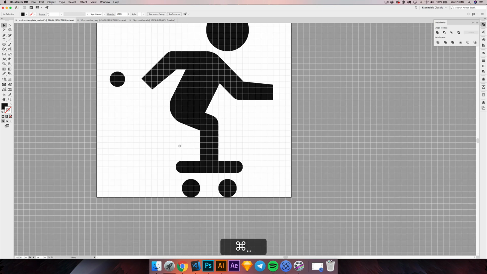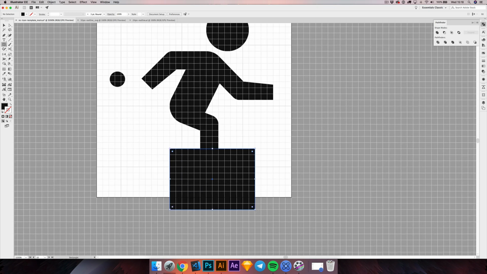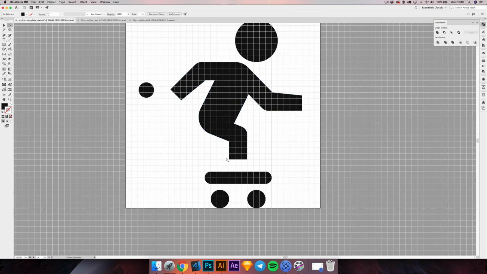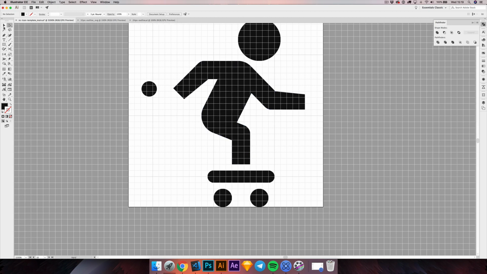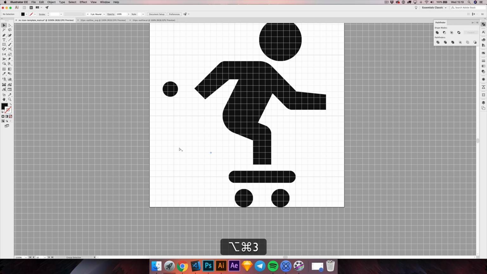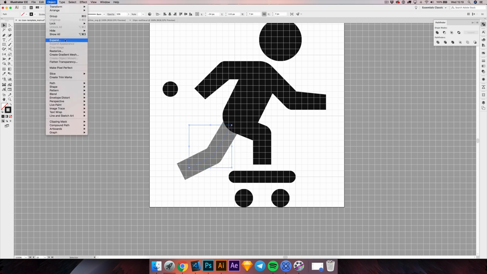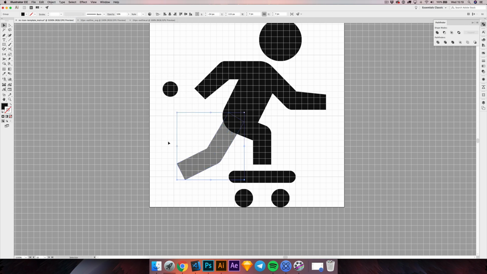Now, I'm going to remove some of the pixels from the leg as well, just so that we can have a separation between the body of our icon and the skateboard. If this is too much, we can just move this down by 1 pixel. Then we can bring back the back leg. We can expand it as well. We can use this